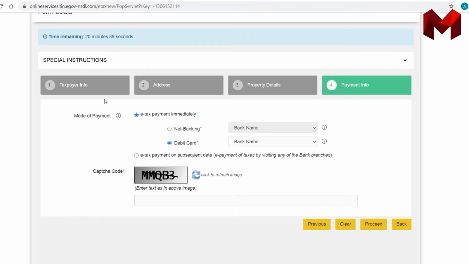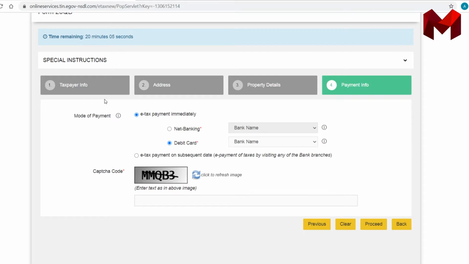In case you are purchasing any property from a person who is a resident Indian, and the value of property, the consideration amount as per registry, is more than 50 lakhs, in that case, you need to deduct 1% TDS, and that 1% TDS should be deducted and deposited immediately with the government without waiting for the 7th of next month, or without waiting for any return after the end of the quarter.